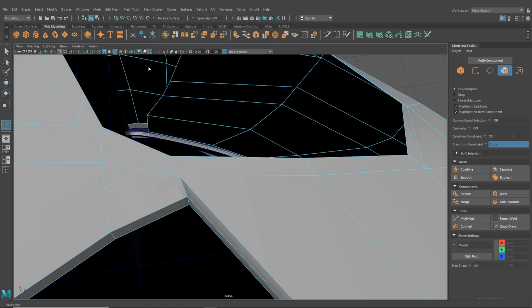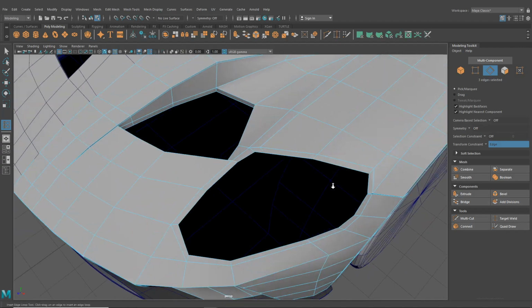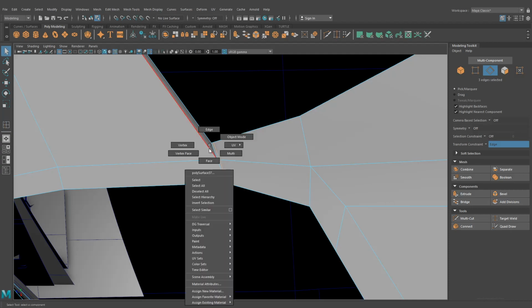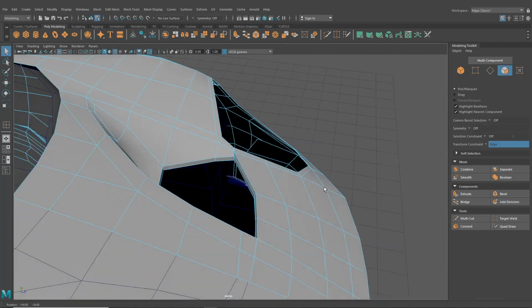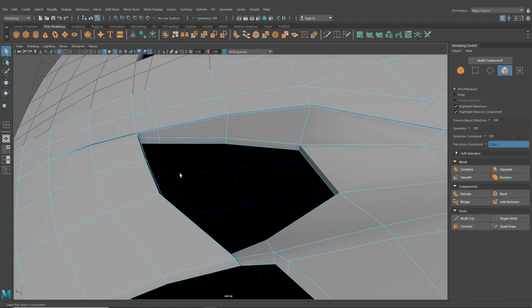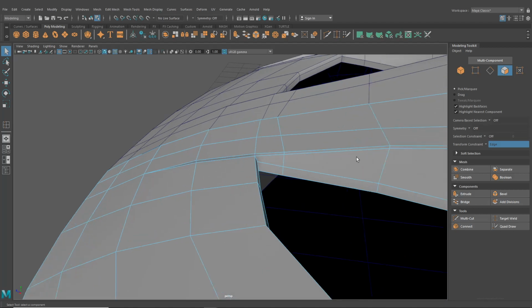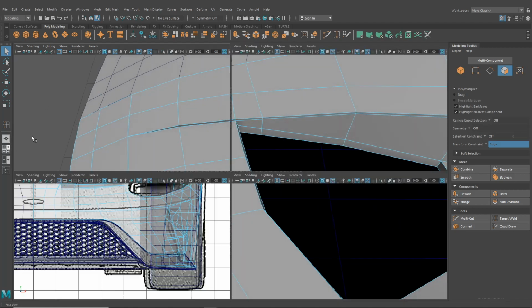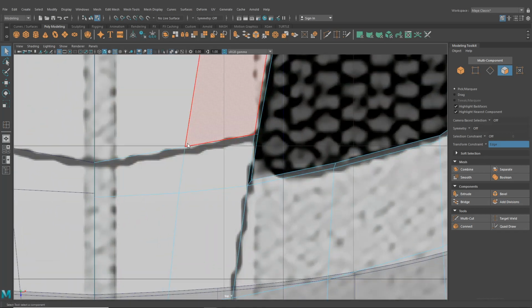So I'm going to go and grab my insert edge loop tool. I'm going to drop that in there, nice and close. I want to be a similar distance to what we have on this side of the headlight. So let's go in and grab that and hit delete. Got that gap in there too. Okay, and then the next one here is a little bit of a tricky one. Well, it will be tricky when we get over onto the actual hood itself, but we do have a gap that sits just here, and we can see that right now we have that in place and we're sitting just above that. So let's maybe just come